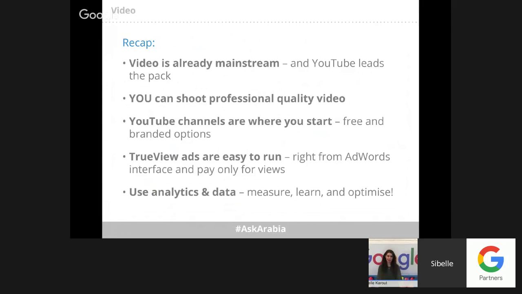It's very similar to display network. It just involves targeting the right people. So make sure you know your market. Make sure you understand who are the customers or the viewers that are more likely to convert. If not, use YouTube analytics. Use the results you get from analytics and the reports. Use that information to have a better understanding of your market and of how your video is performing in order to further optimize and leverage the opportunities that video campaigns give you as much as possible.